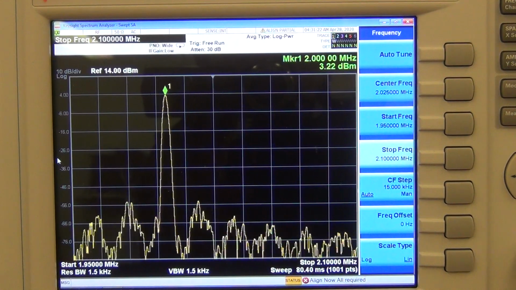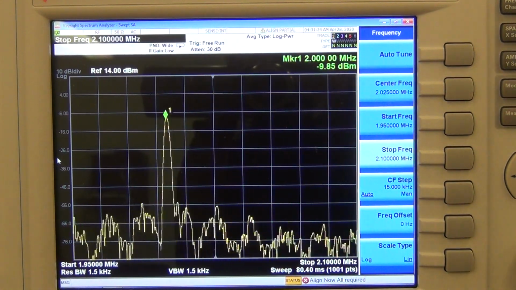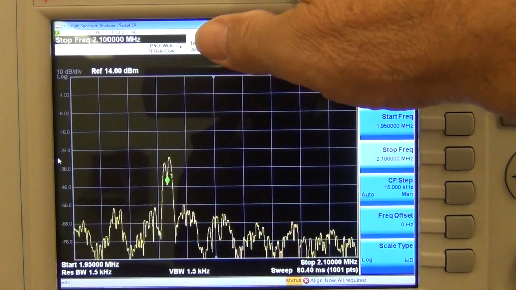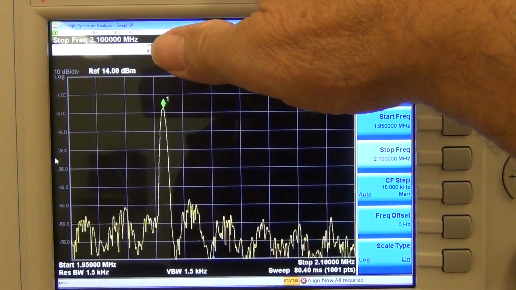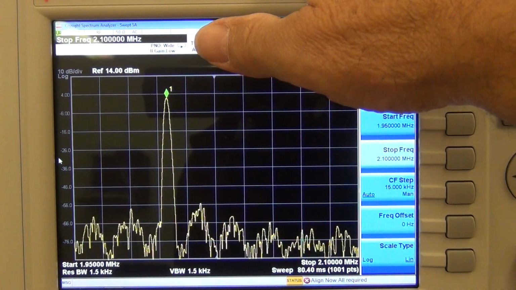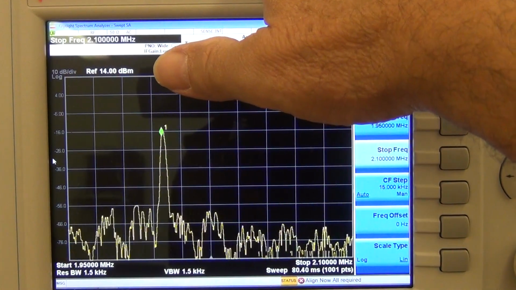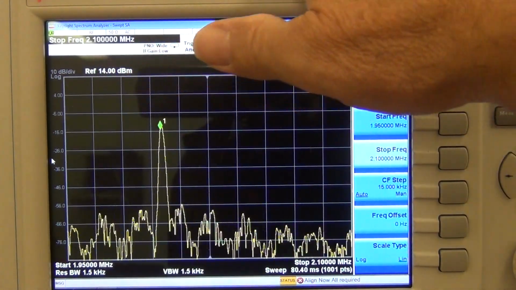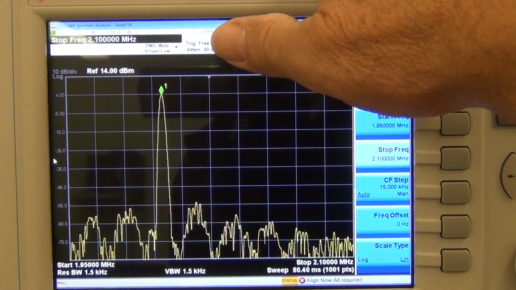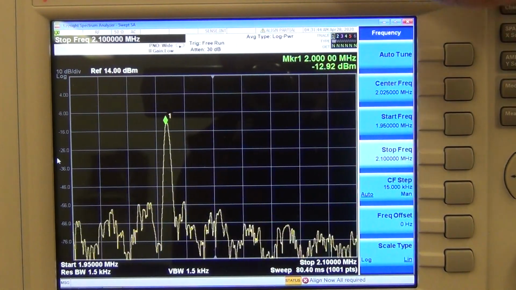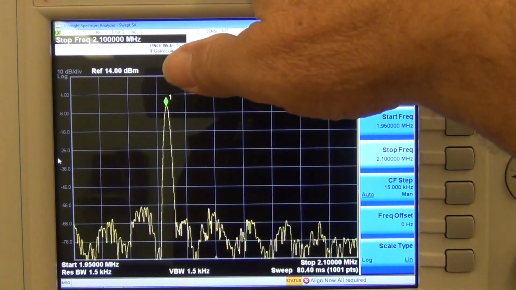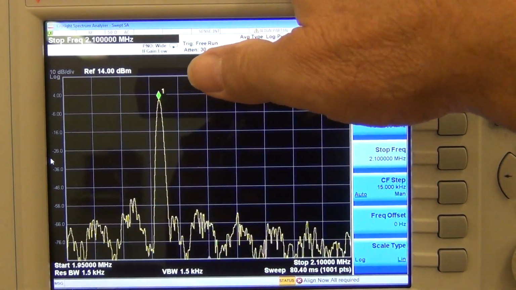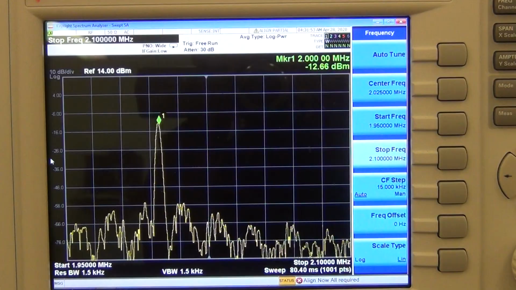So let's see what I can do. Got to go back to my signal generator, and what the problem is my frequency of my signal generator. We've got internal, and what I need to do is change some of the things with the signal generator. So I'm just going to kill